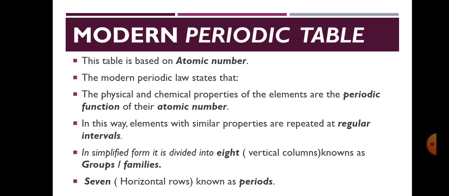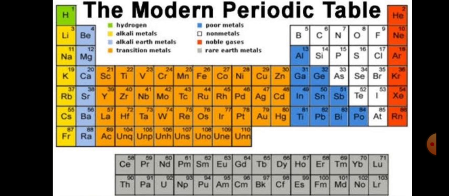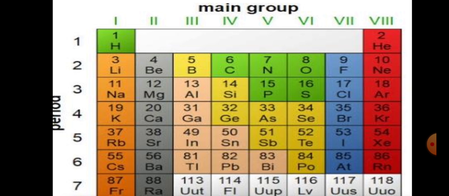Groups means the vertical columns, and there are 8 vertical columns known as groups, or also we can say families, and the 7 horizontal rows known as the periods. So, we will discuss these terminologies one by one. We will explain this modern periodic table stepwise: 7 periods are present and 8 groups are present in the modern periodic table. So you can see on your screen that